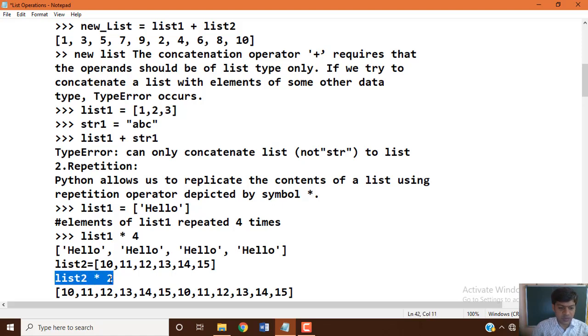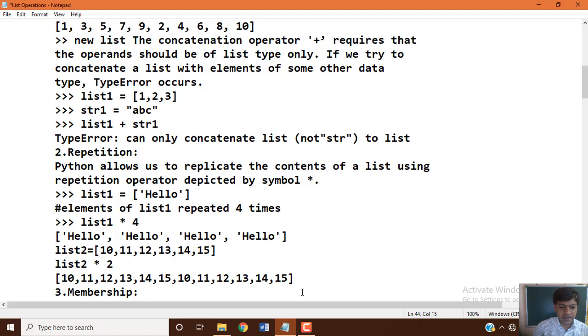Let's see, 2 times you want to repeat these list2 data items. So first it will print 10, 11, 12, 13, 14, 15, which completes the list, and since we used 2 times here, again the same list data items will be repeated. That is how repetition works.